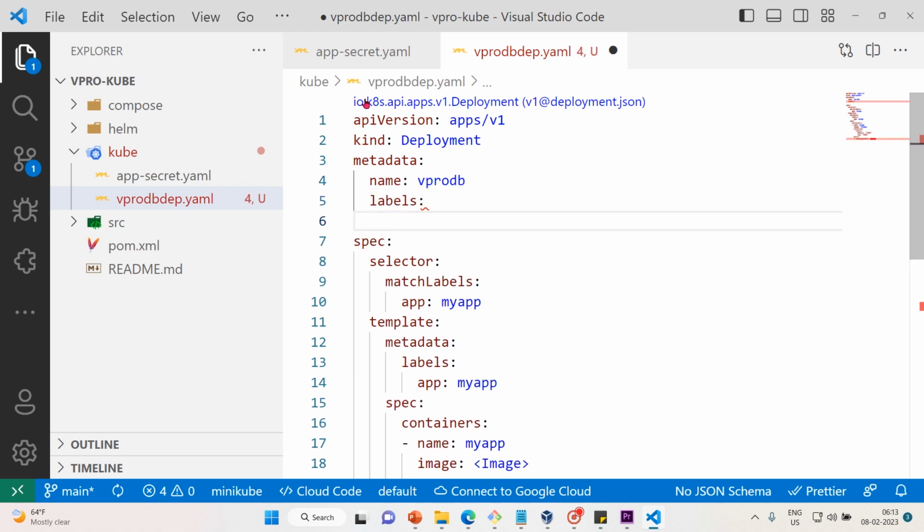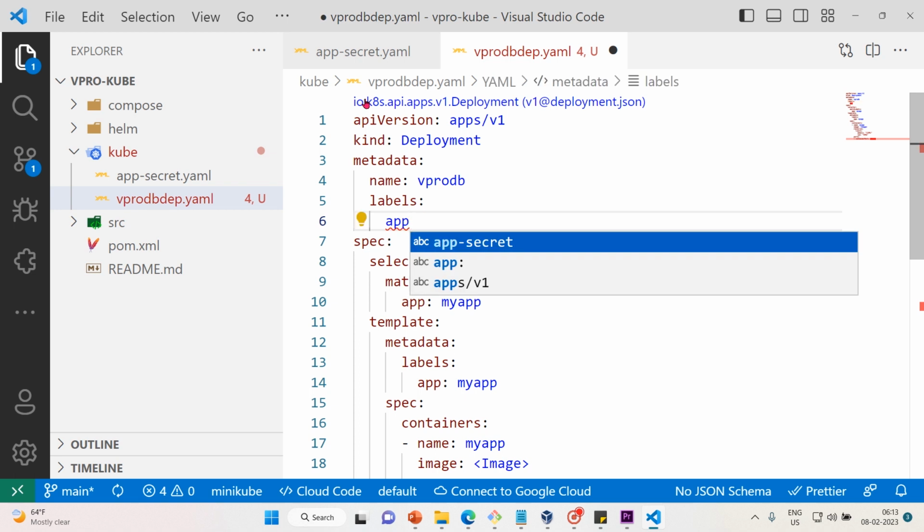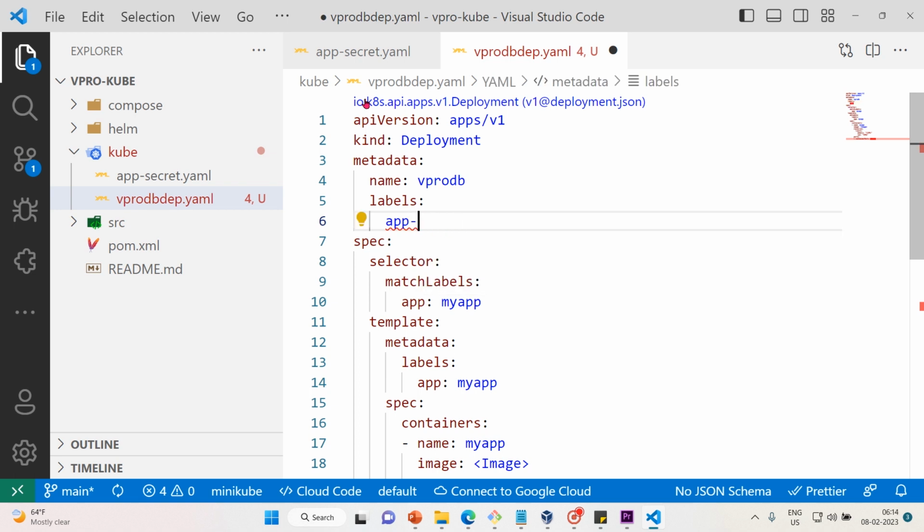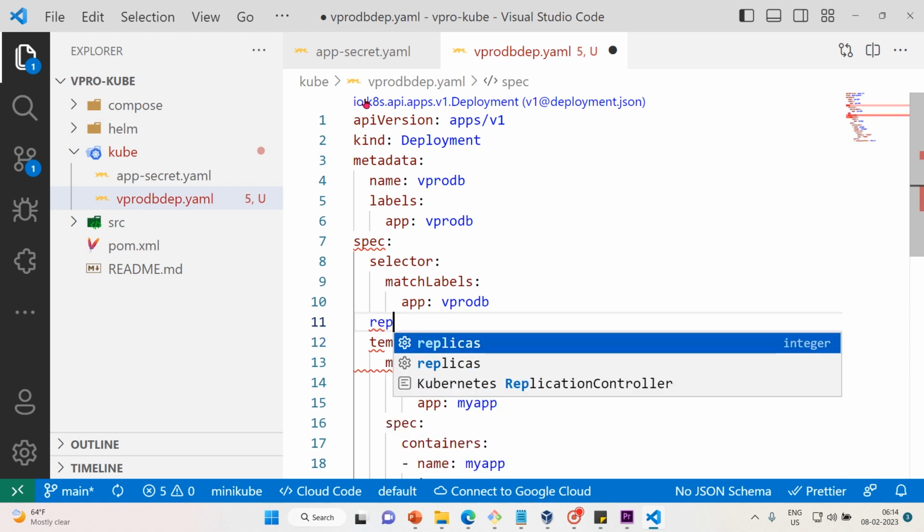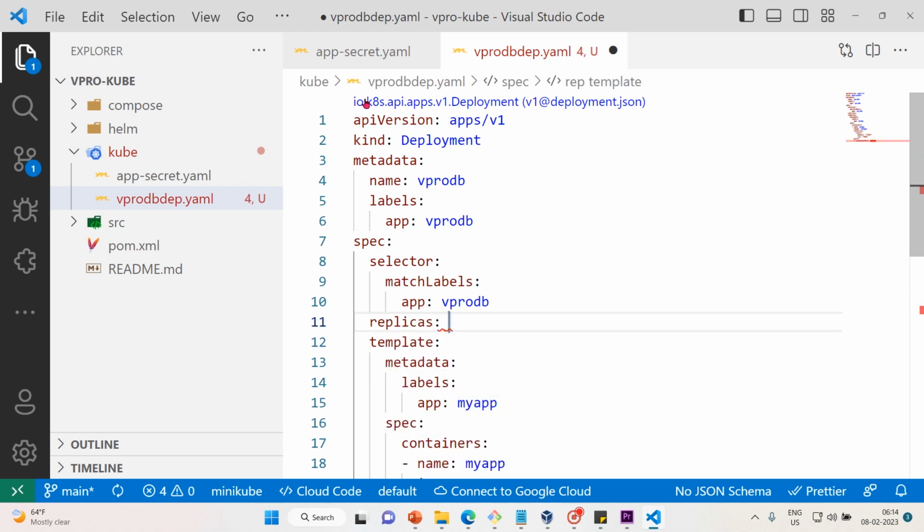So labels app, again vipro db. Then we have spec selector match labels. I'll change it to vipro db. Then template replicas, I am going to attach about the template. Replicas, it's 1. Then template metadata labels. Here I'm going to attach wiprodb, and spec